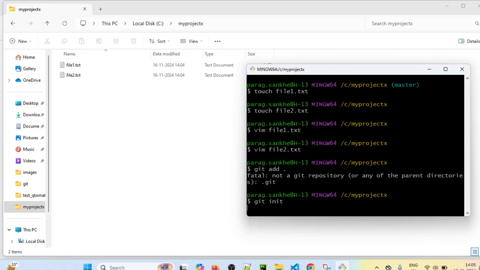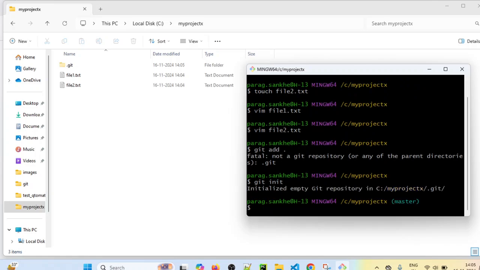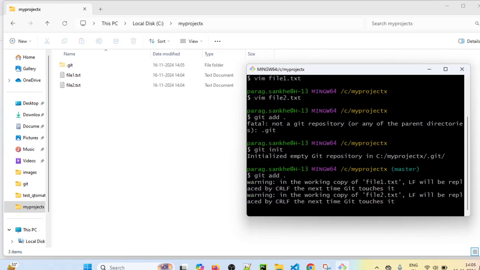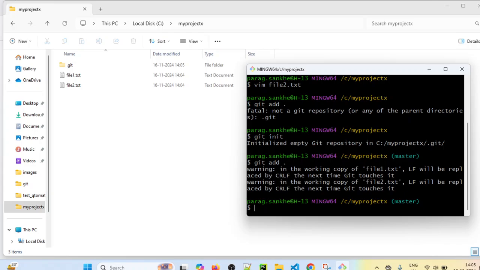So I'm just initializing the Git repository. Yeah, so now the Git repo is initialized. Now we can run git add dot, which means all the files will be added to the staging area. And then we can commit as well. Git commit -m